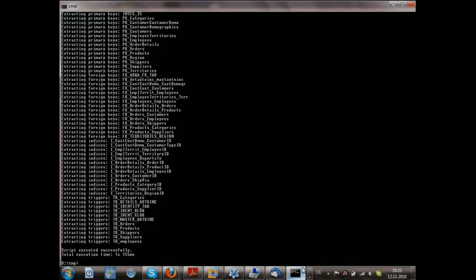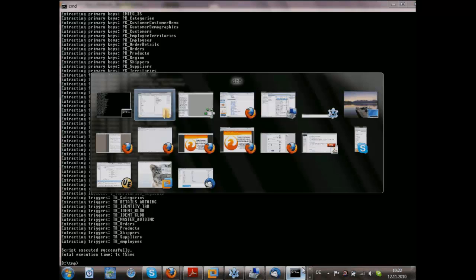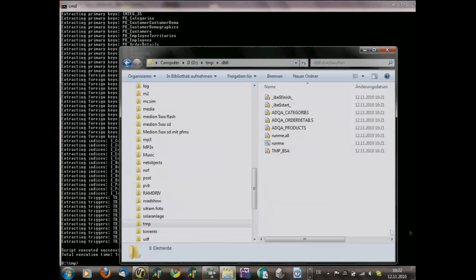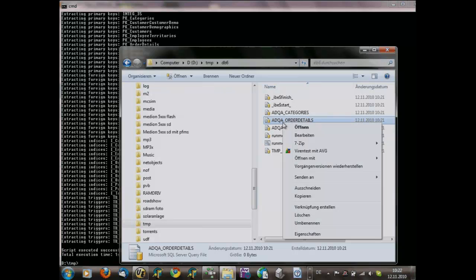For example, if you have a backup file and you simply want to get the data from an old backup file from only one table, there's no way to do so using GBack or any other built-in tool from Firebird. But when you're doing it in this way, you simply have to look at the directory and simply say, okay, I only want to have the order details table data.